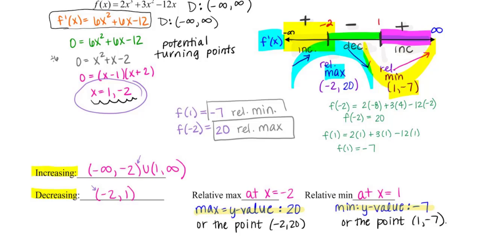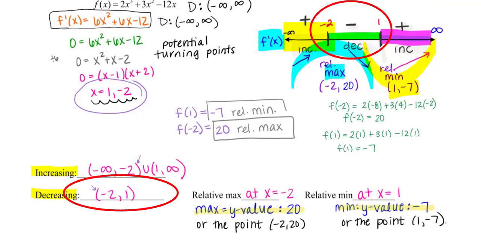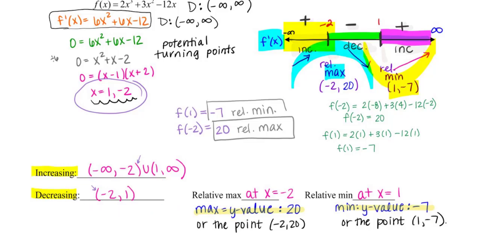All right, now that I have this, I can use that number line to determine the intervals where I'm increasing and decreasing. So you're going to write this out. I'm increasing from -infinity to -2 in that yellow section, union with that purplish pink section from 1 to infinity, and then you are decreasing in between. It is important to note that you want parentheses for all of these because at, for example, the x value of -2, you are actually constant. You have a slope, or a first derivative, of 0. That's why these are values on the number line: they are either restrictions to my domain or the places where my first derivative is 0.